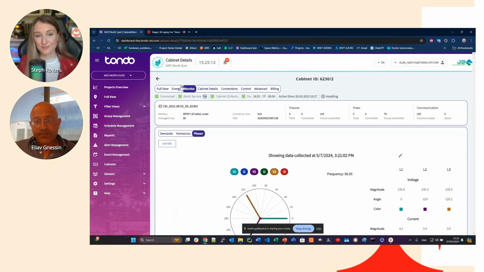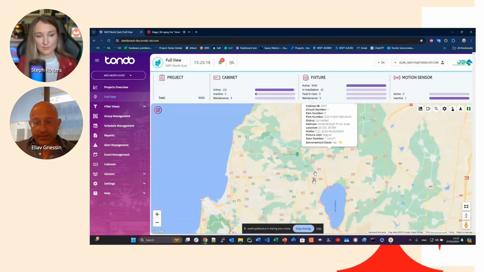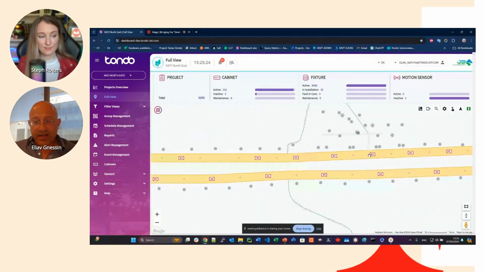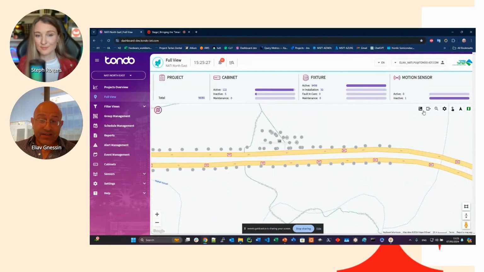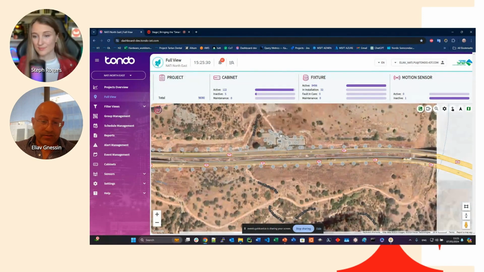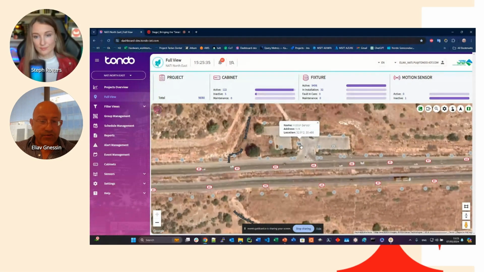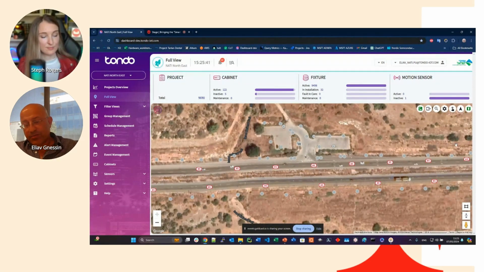Each one of these elements in the system has this, I call it big data backend, that is being used to accumulate the data. And I can show you a cool thing here, which is this highway has a parking lot nearby. You see this parking lot? There's a sensor also connected to the system. So when a car gets in at night, the dimming goes up to 100% for 20 minutes and then goes back down to 20%. This is how we conserve the environment. This is a nature reserve, so we actually keep the animals safe.